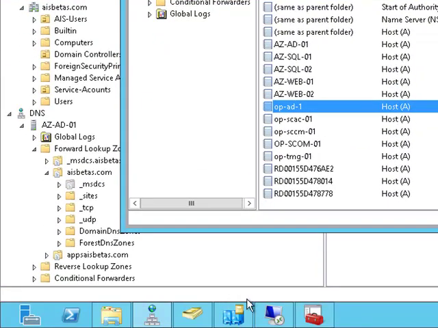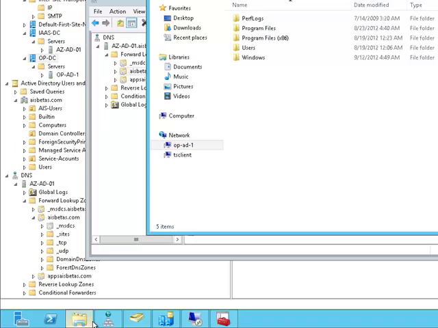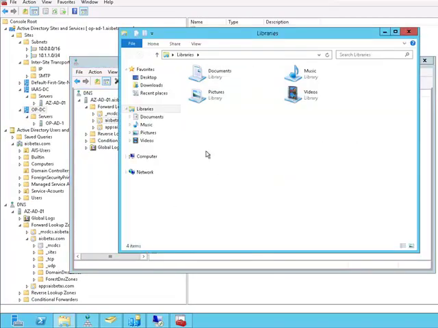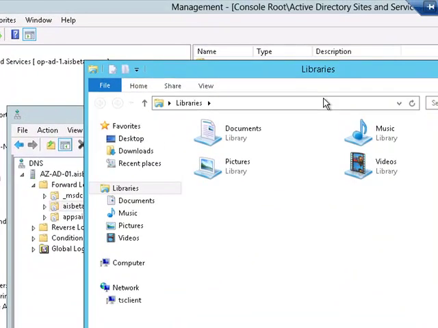And I can, in fact, now map a drive to a machine. So let me just go ahead and do this again so you can see it. So we are inside the Windows Azure Data Center, and because the VPN is up and running, we are able